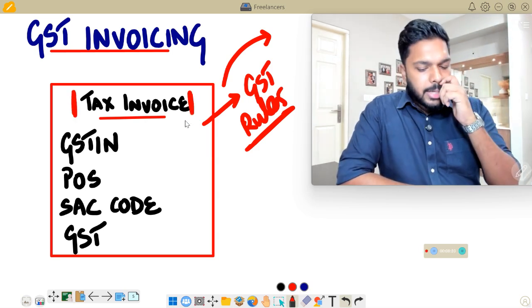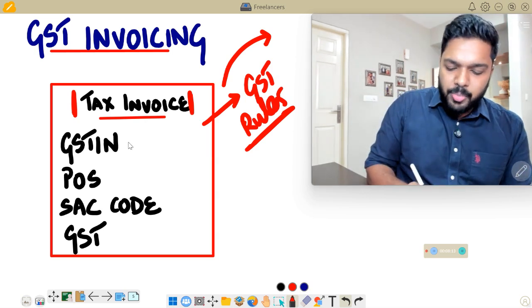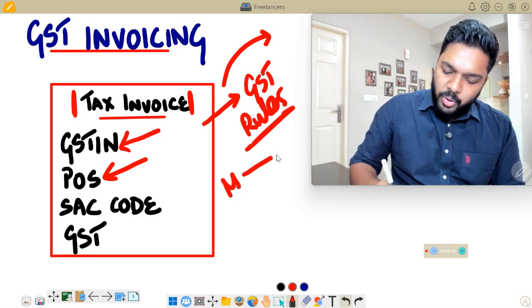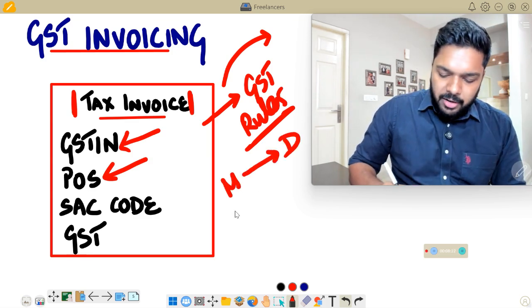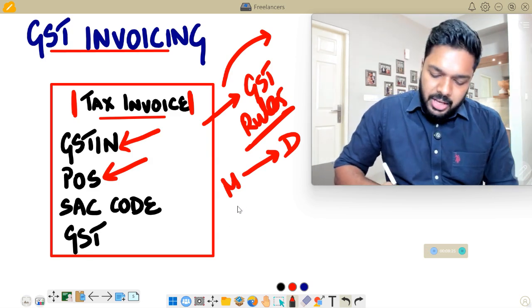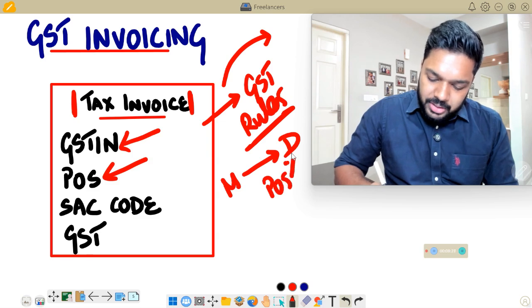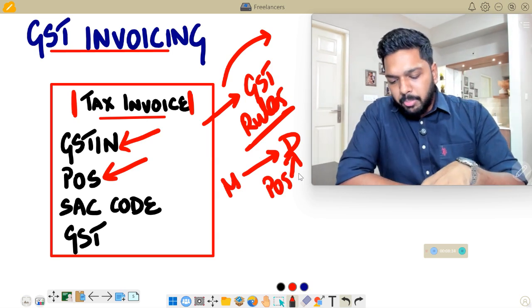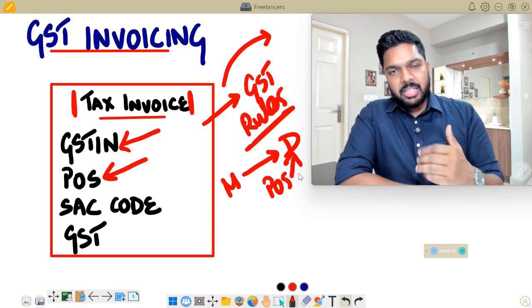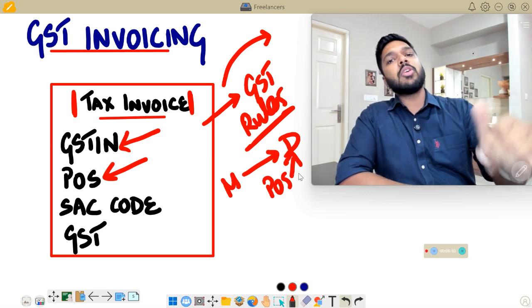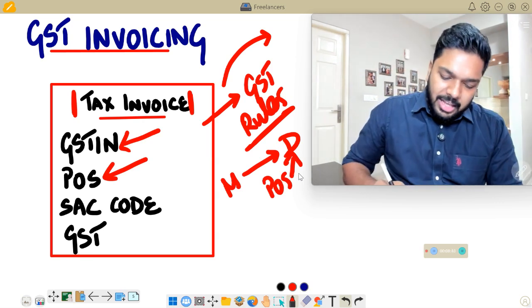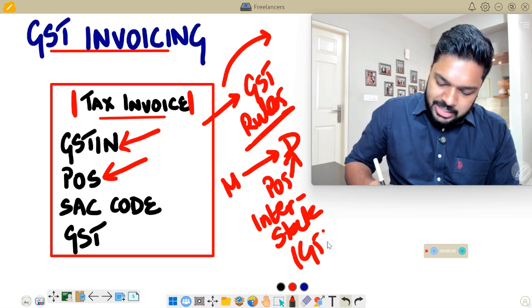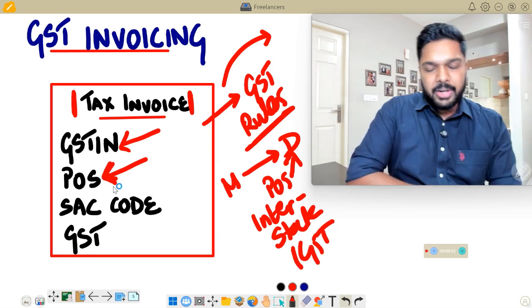And amongst other particulars in this particular tax invoice, you need to ensure that you mention your GST number, your place of supply. Now, what is this? If you're sitting in Mumbai and you're providing services to a person in Delhi, then for the purpose of providing services, your place of supply is going to be Delhi. That's the location of the recipient, even though you're sitting in Mumbai and providing services online. But under the place of supply rules, it is said that your POS, as far as service provision is concerned, will be the place of the recipient. That means the other state. And therefore, your service would be an interstate service and you'll have to charge IGST. So POS or place of supply mention is important.